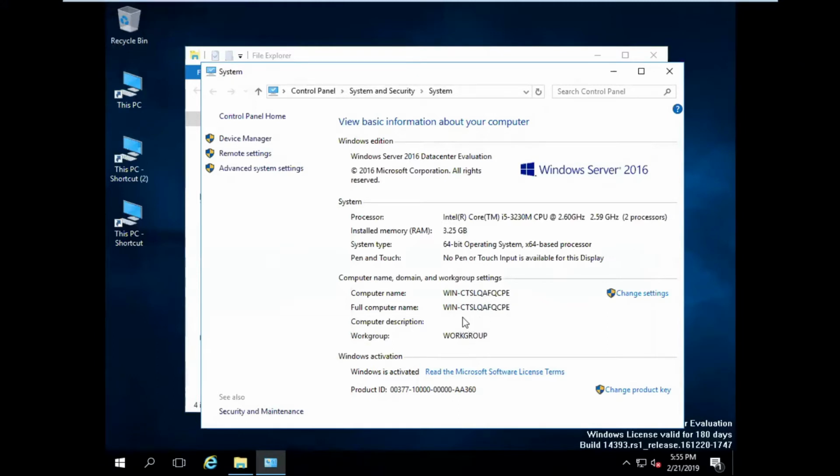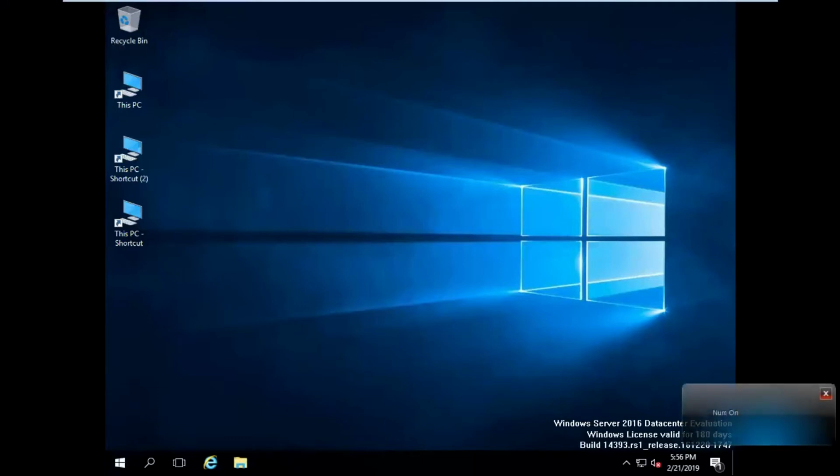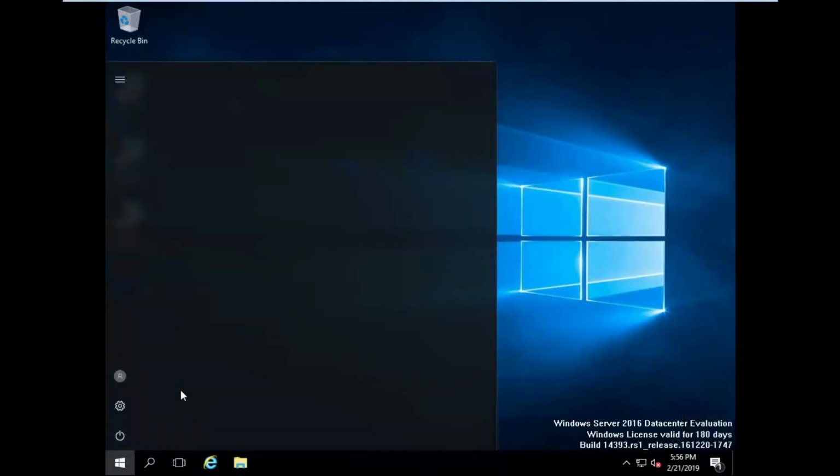3.25 GB memory we have given. I want 2 cores, and I want to increase that to 4 GB. Yes, it's possible. How to do that: you can shut down the machine. Okay, you can shut down this machine. Go here. Normally how Windows 10 will be working, same concept. The 3.25 GB memory is not sufficient.